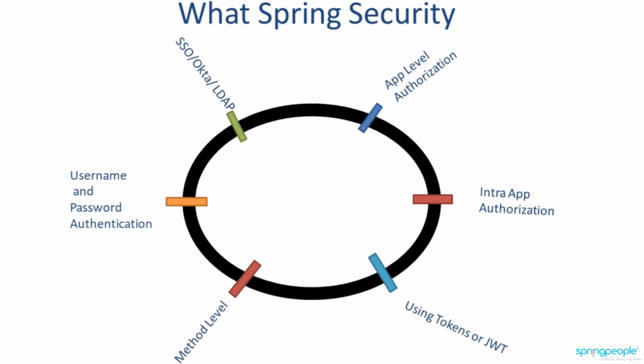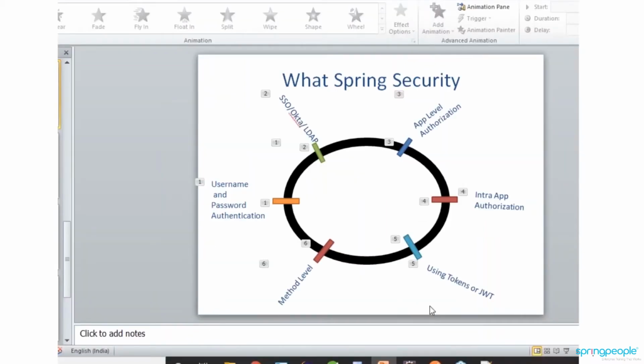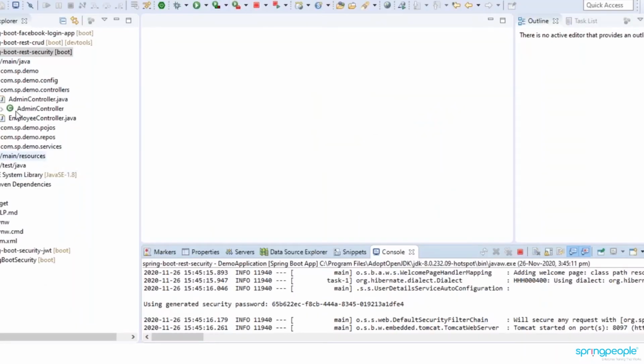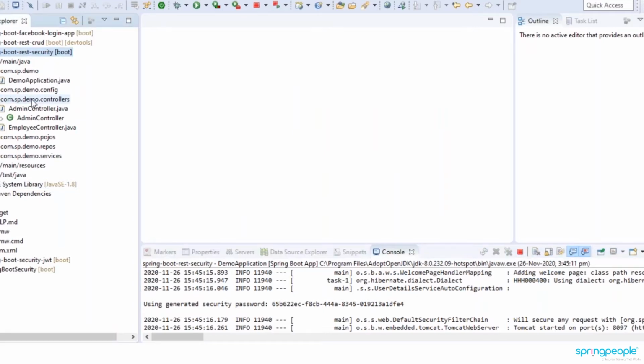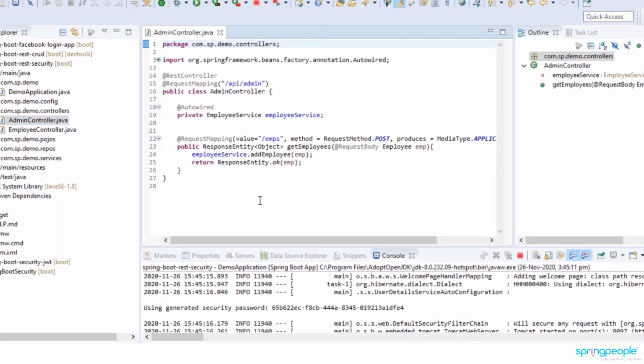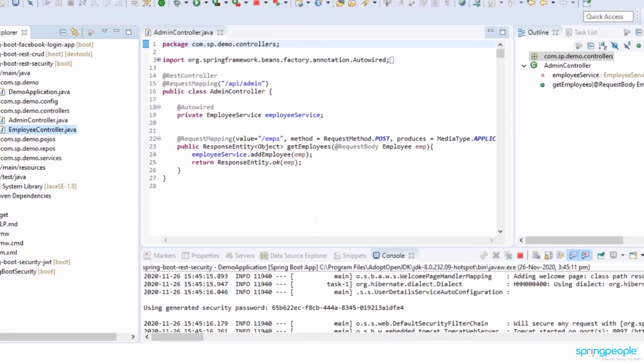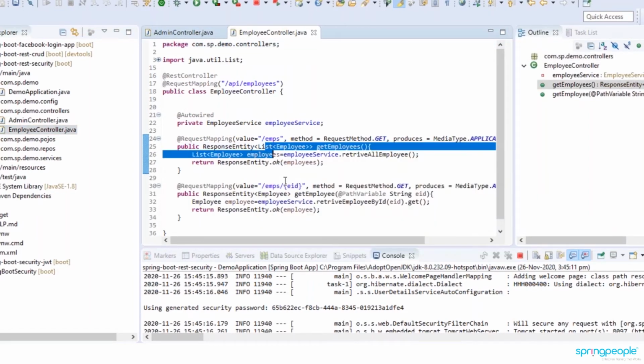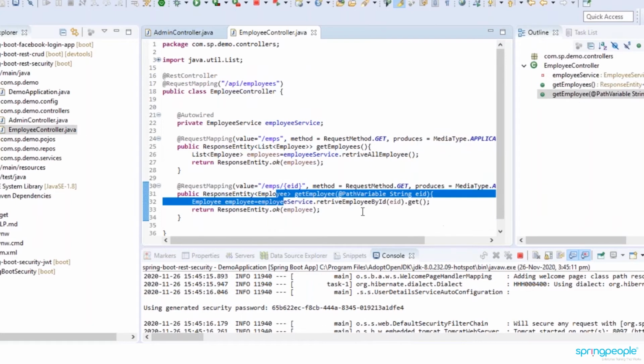Then let us dive into our coding and we'll see how the coding is taken care of. I have a simple REST application here, which has two controllers. One is the admin controller, which adds the employee, and another is the employee controller, which retrieves the employees and retrieves an employee based on the ID.